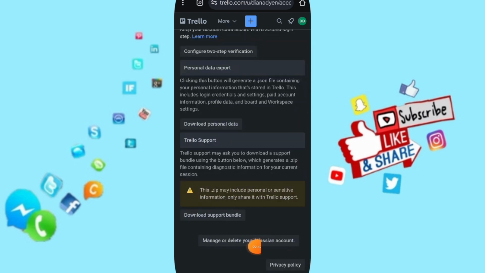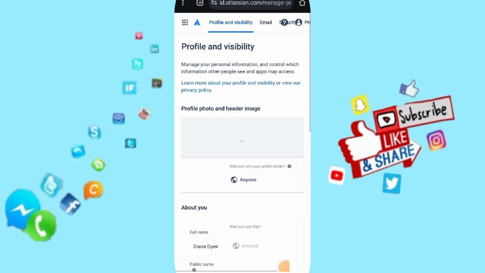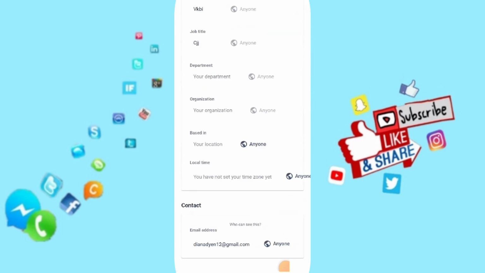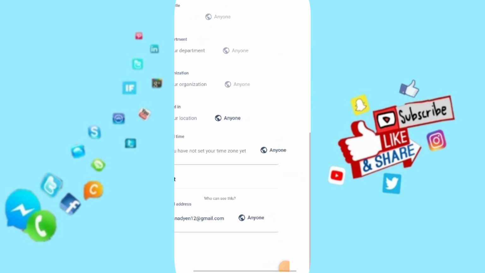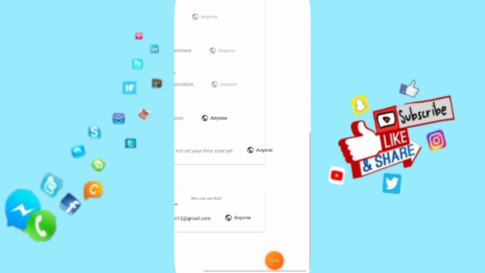Here you will go to this window of manage or delete your Atlassian account. Here in this page you will wait a moment, then you can scroll down to find this window here of email address. You will click on this sign of anyone,